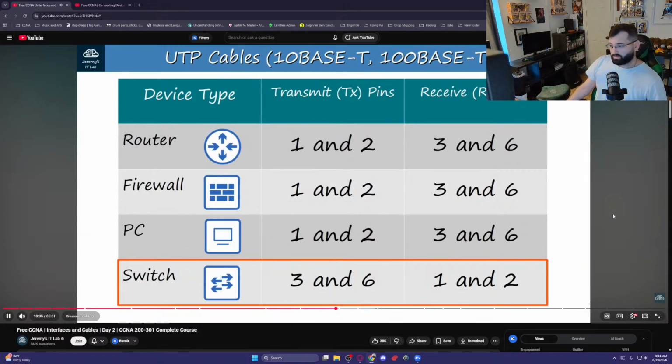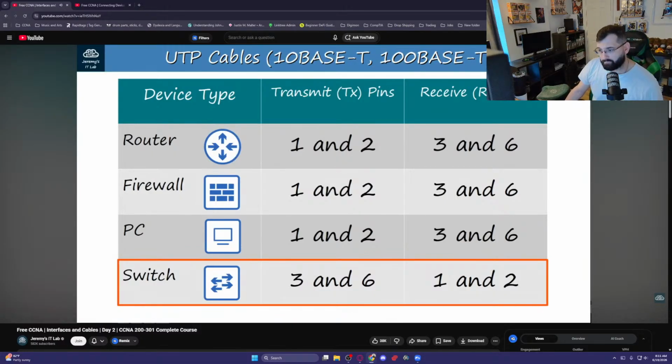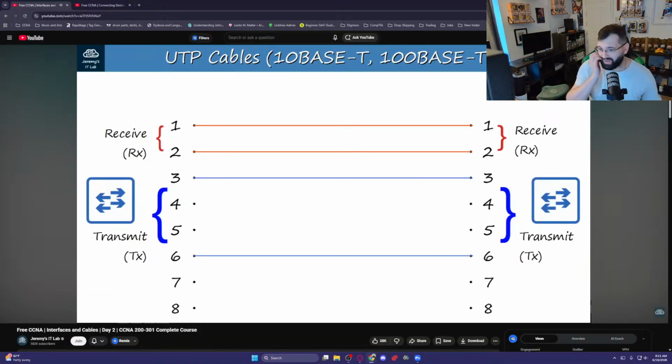On pins 1 and 2. Try to remember these. The flashcards included in the description will help with this, so I recommend that you use them. While all of that is important information to know, and can cause issues in networks even in the modern day,